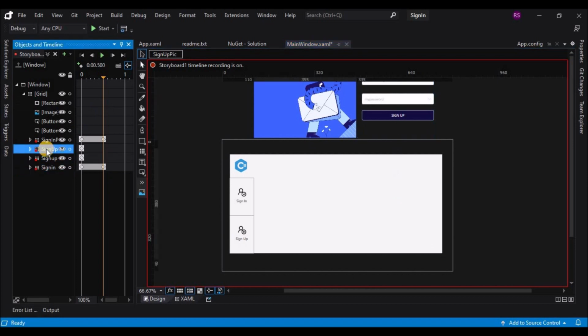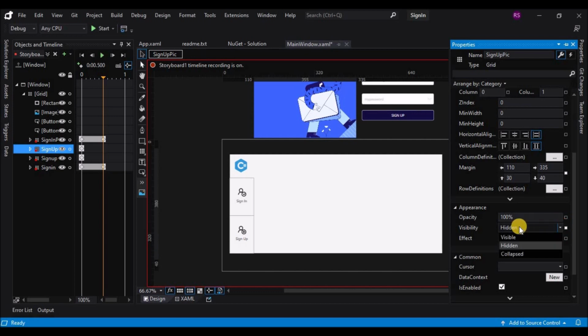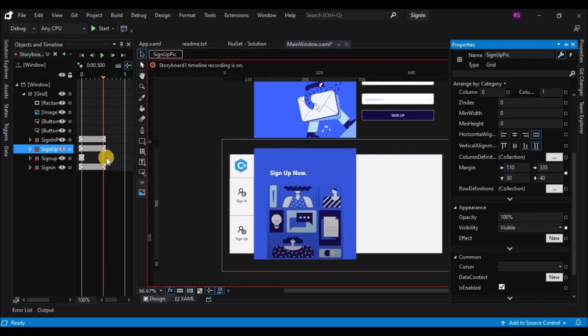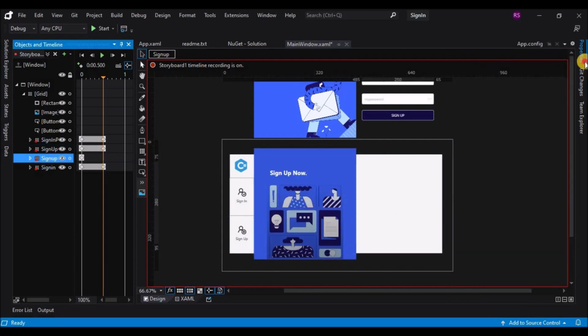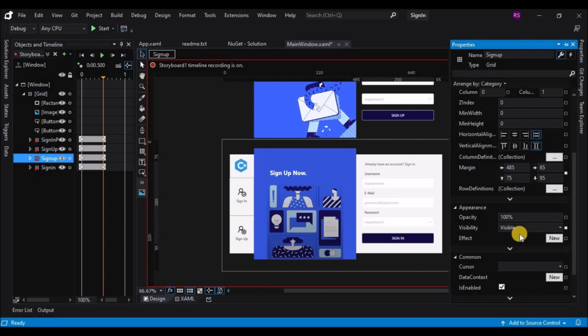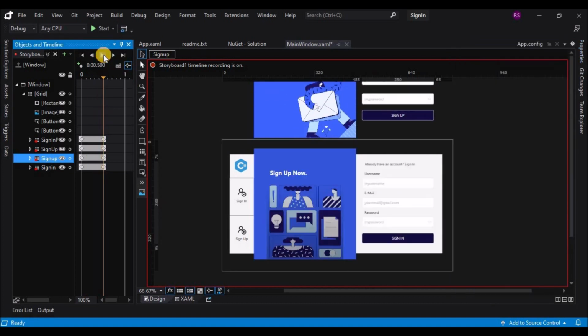In the 0th keyframe they were hidden, and on the 0.5 keyframe we are making it visible. And same goes for the form controls. So let's run that animation, and you can see that the sign in controls go out of the window or out of the scope, and the sign up windows and picks become visible.